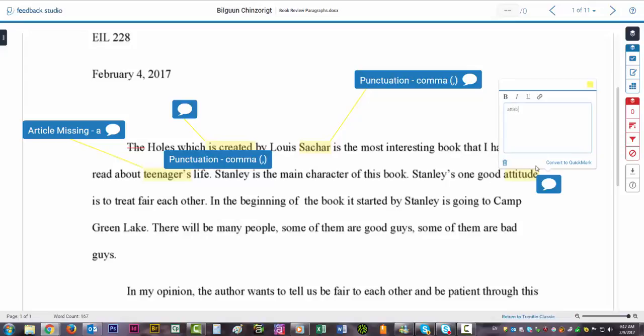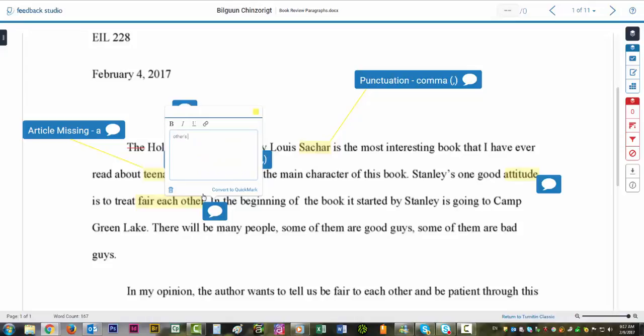Turnitin to provide feedback. I can use just comments if I want, like in this case, he means attribute rather than attitude. Here, he says Stanley's one good attribute is to treat fair each other. So I can make a comment, treat others fairly,